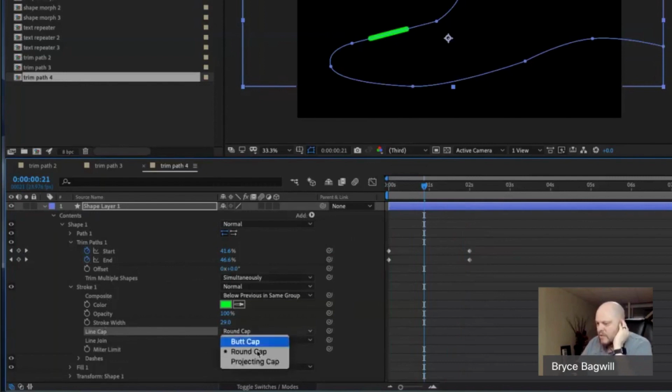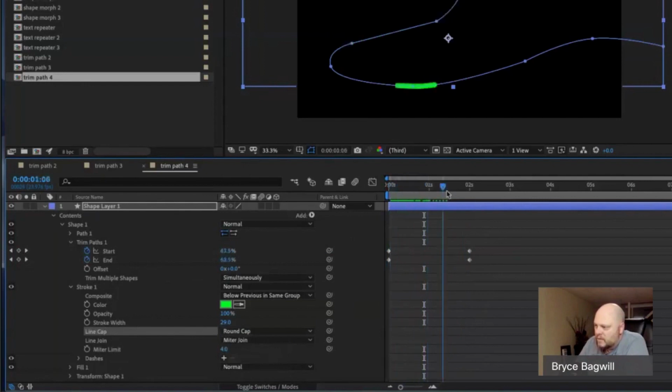If you change it to round, you get a rounded edge shape here that looks much smoother and much more deliberately designed. It looks nicer. Oops, sorry. So I did that. Didn't change, didn't have to keyframe it, nothing. It just knows to round off the edges now, and you get a much more organic looking little wormy shape, which